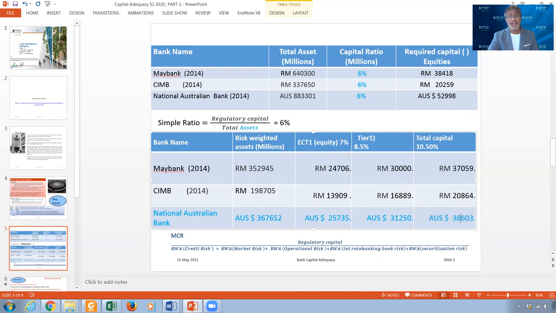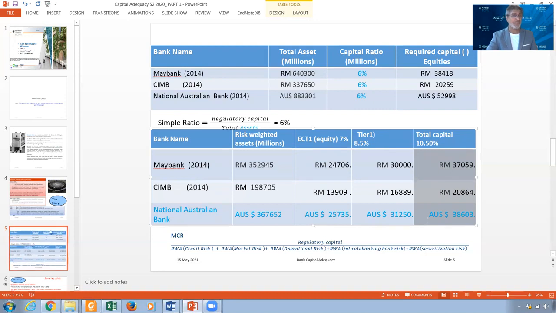And this is why we are saying now that National Australian Bank is actually less risky in their loans than the other banks. Now, we cannot say they are less risky or more risky if we are just applying the 6%. The 6% will apply to everyone based on their total assets. Here, you will apply all those ratios based on the riskiness of the loans. And therefore, you can penalize people who are taking risk and actually reward people who are taking less risk by imposing less or more capital. This is, if you want to look at the picture from this perspective.